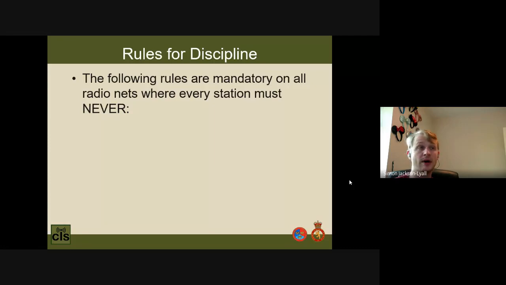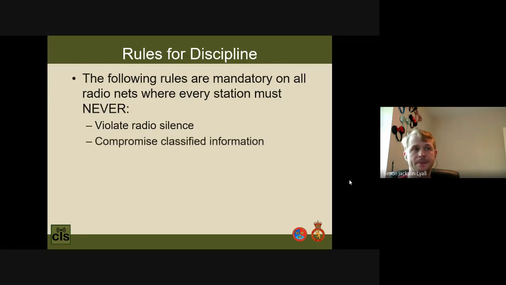So those are our always rules, and now we're going to move on to our never rules. And again, all of these are really common sense for you guys, and I'm sure will be common sense for most of your cadets, but you just need to make sure you draw that in. So you should never violate radio silence. If radio silence has been imposed, it's been imposed for a reason, and it means that you shouldn't violate it. You don't have that authority to do that off your own back.